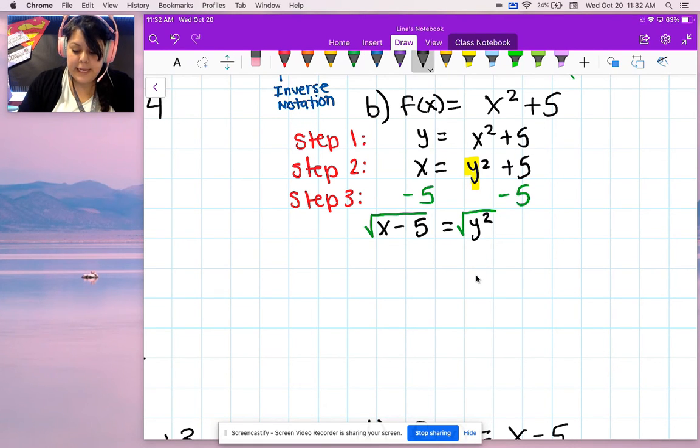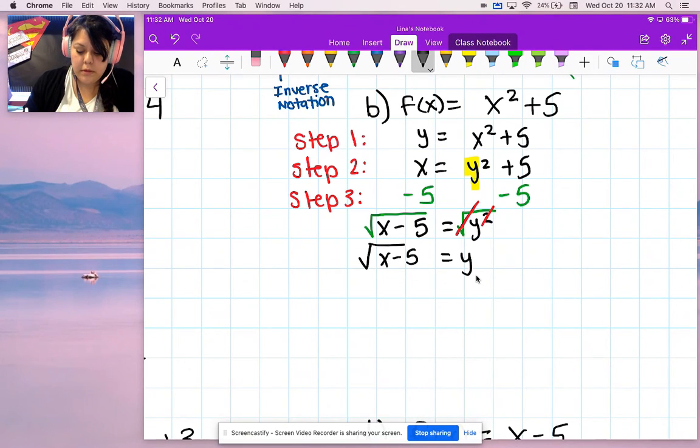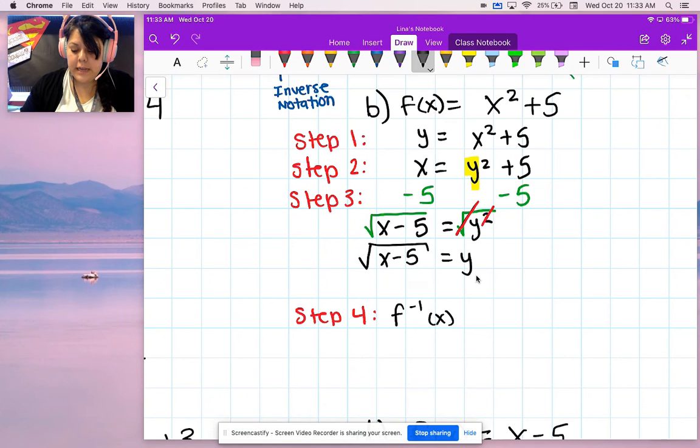So I know that my square root cancels out with my square. So I'm left with y is equal to the square root of x minus 5. I can't simplify anything inside of my square root. So that's just the way it stays. And then my last step, step 4, I'm going to change to my inverse notation. So f to the negative 1 of x is equal to the square root of x minus 5,